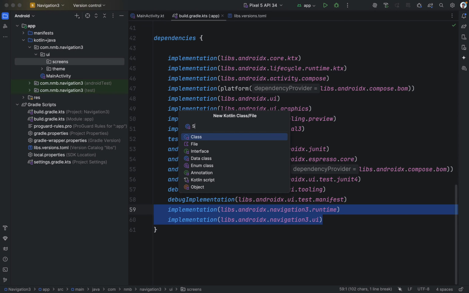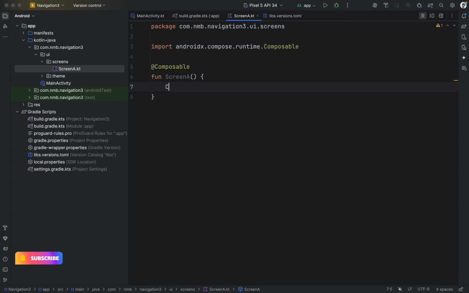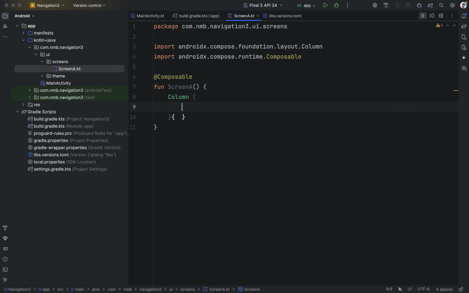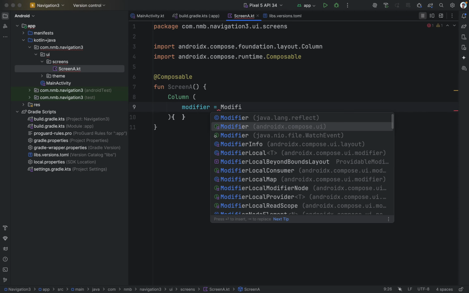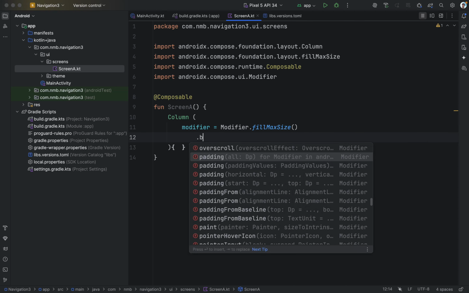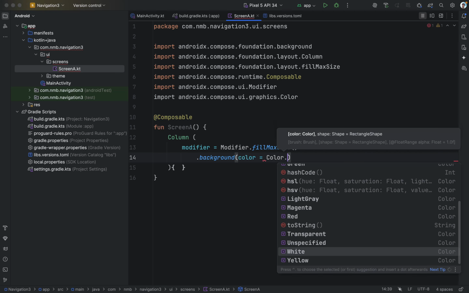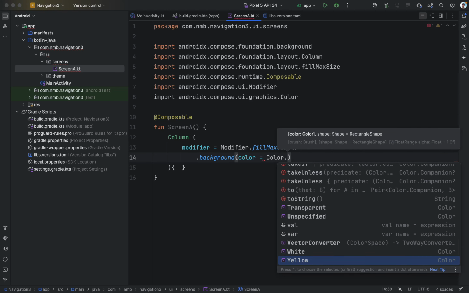Let's call it screen A and let's create one composable ScreenA, and inside this we can use a Column. Let's use one modifier and we are going to use fillMaxSize. Let's add some background color. We can use Color dot, let's say Yellow,